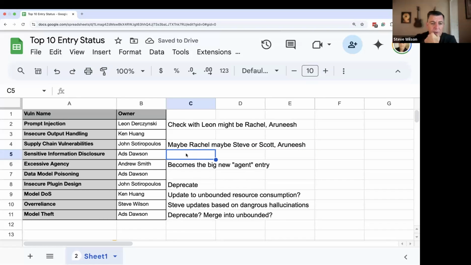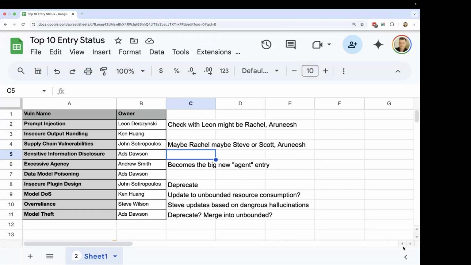Sensitive information disclosure. I do believe Ads has updated the ones he owned, so I'm not as worried about those 2. So Andy, you're here, right? I am, yes. Okay.